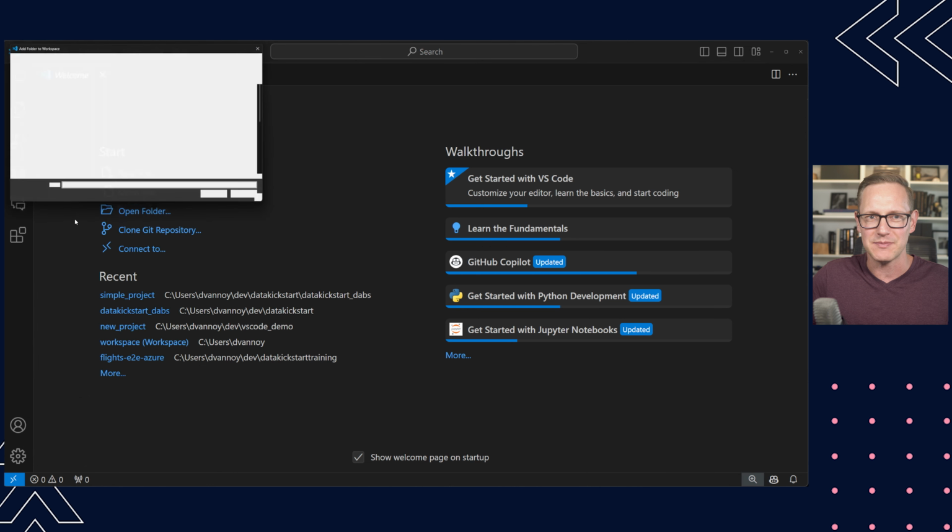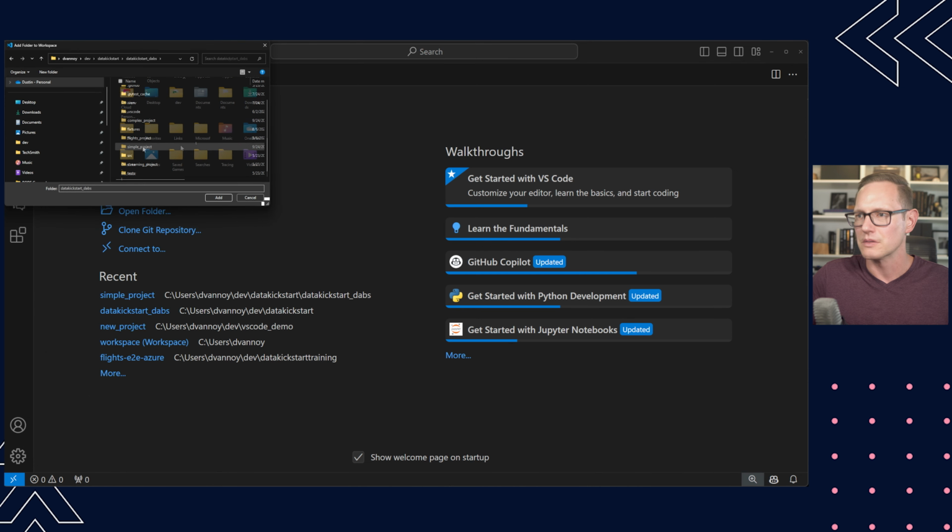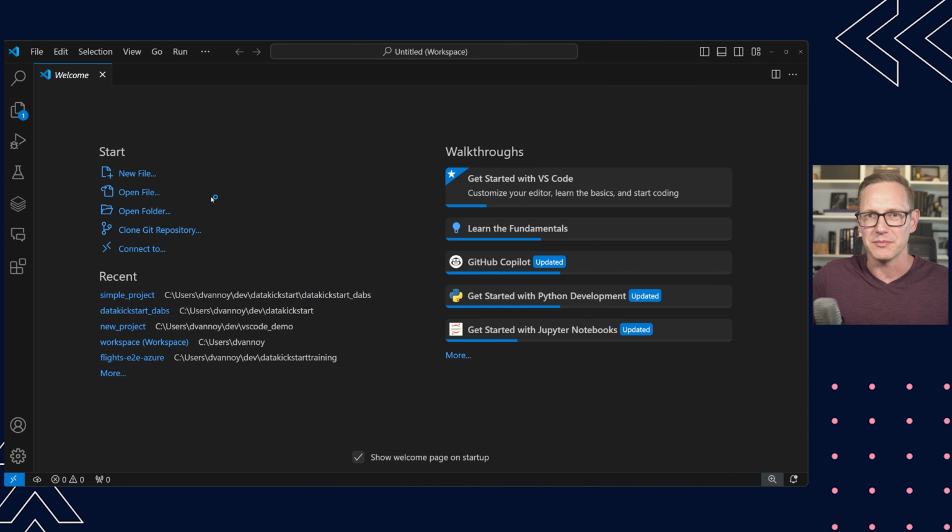Right now it's basically empty, and I'll add folder to the workspace and find each of these individually. So I've got both simple and complex available. I'm going to pick one of them first. Let's start with simple. So when that opens up, it's going to either find information that's already been registered, which I kind of set up prior,